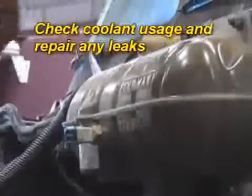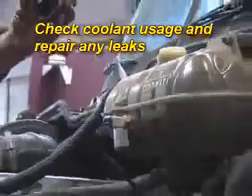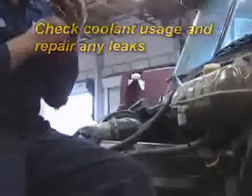Monitor coolant consumption and repair any internal engine coolant leaks, as coolant may deposit on the DPF walls. Now I understand monitoring lube oil and coolant consumption, but we normally don't know if, for example,